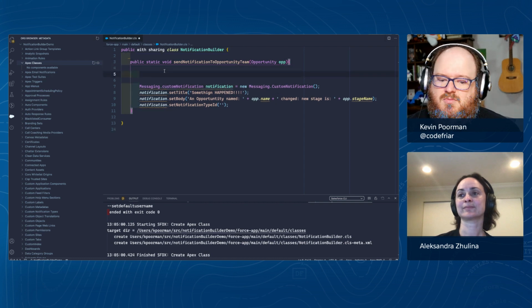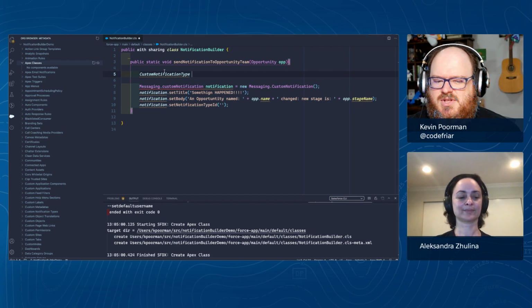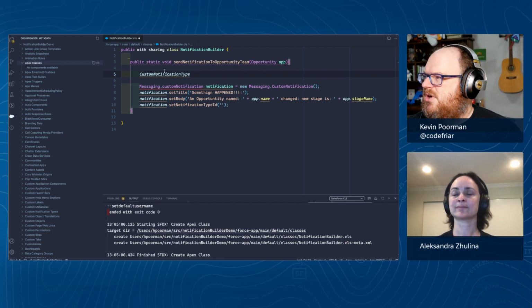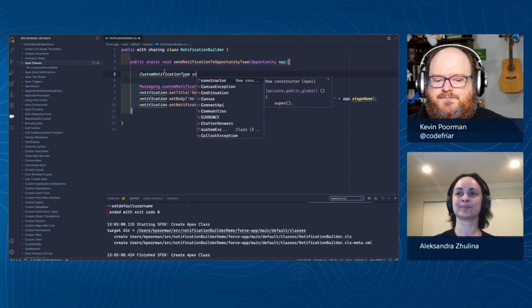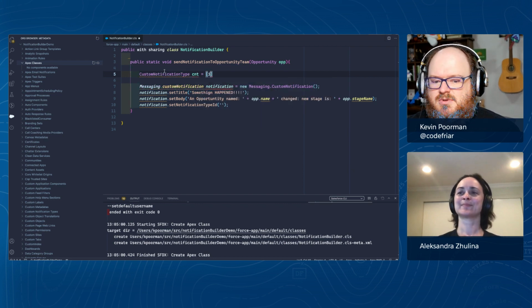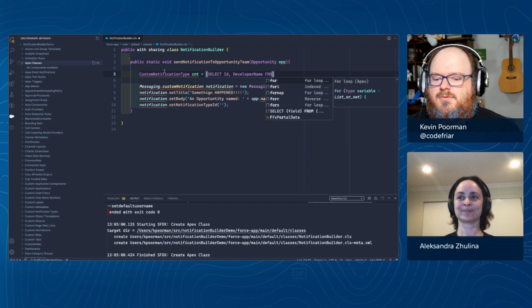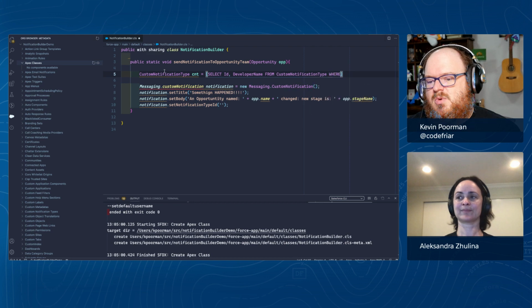We'll say CustomNotificationType. Is that the right? Is it notification type or custom notification type? For the object, it's custom notification type. Okay, good. We'll do CNT, CustomNotificationType equals, and we'll do SELECT Id, DeveloperName FROM CustomNotificationType WHERE DeveloperName